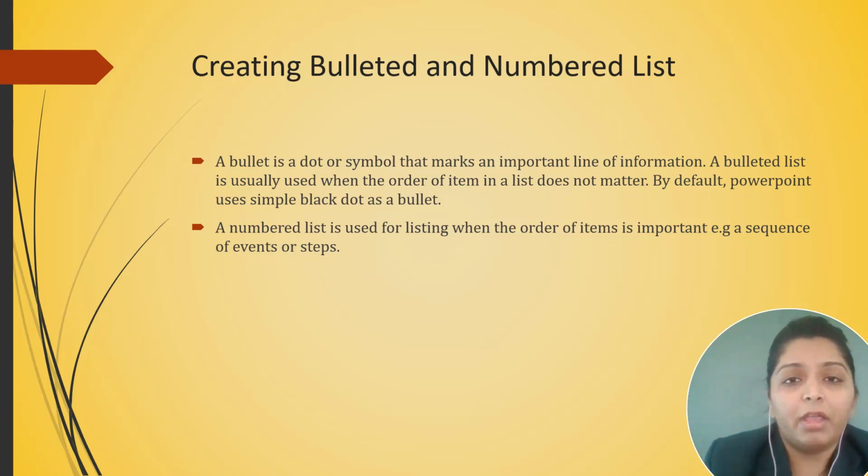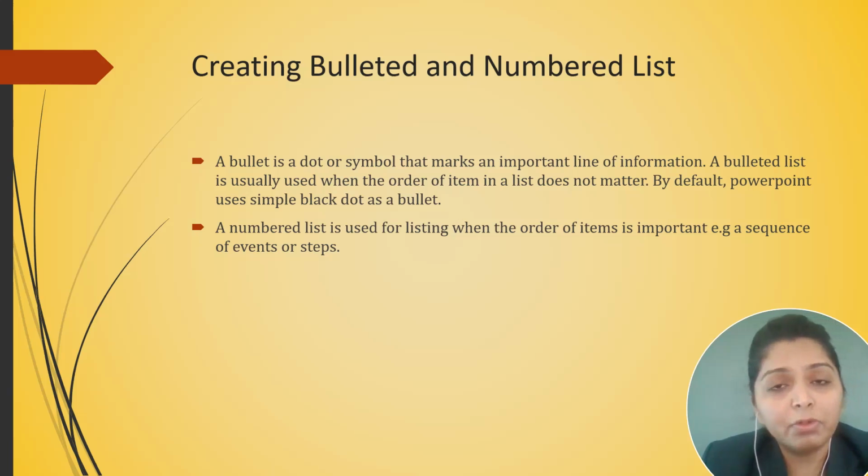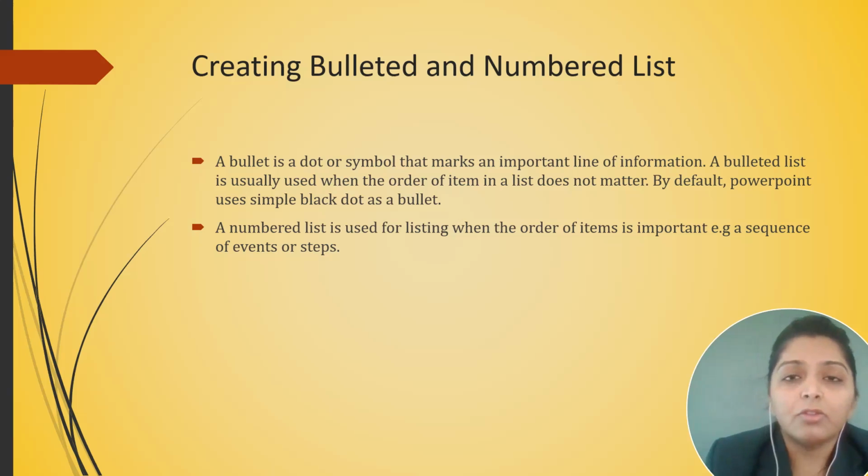Now, in the same way, in PowerPoint also, we can create a bullet list or a numbered list. A bulleted list is usually used when the order of the items in the list does not matter. By default, PowerPoint uses the symbol black dot as a bullet. Now, suppose you want to write 2 or 3 points on myself, okay, so you just put an